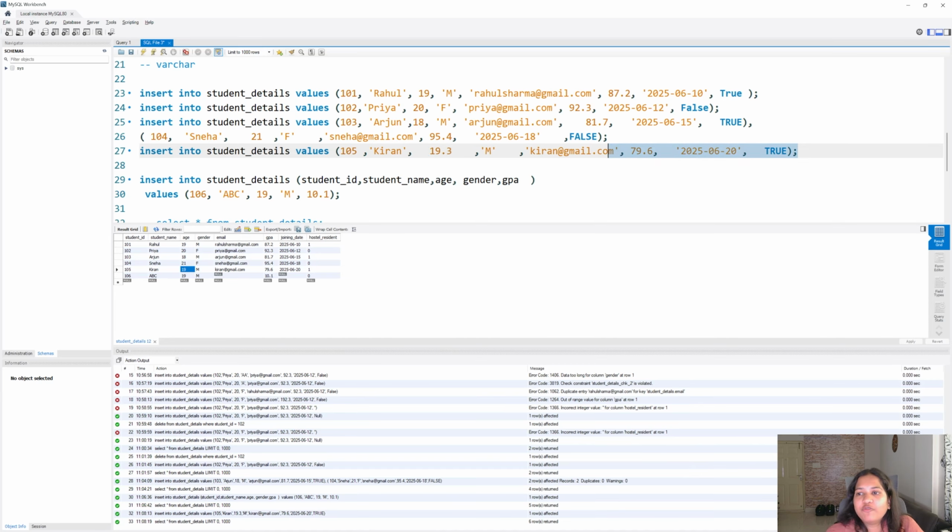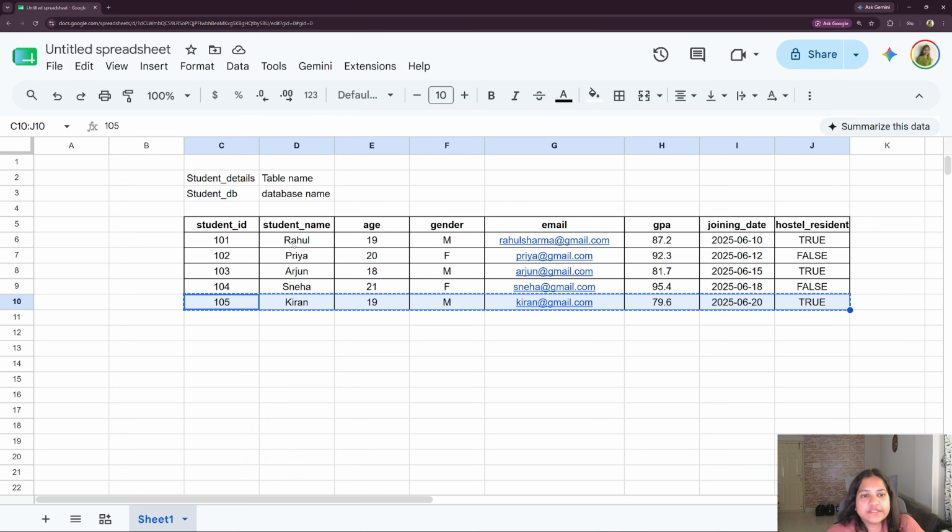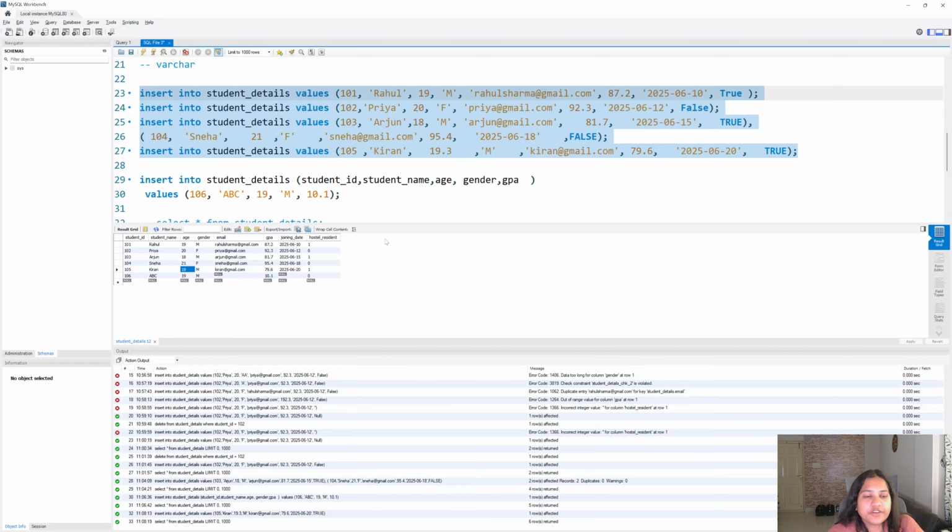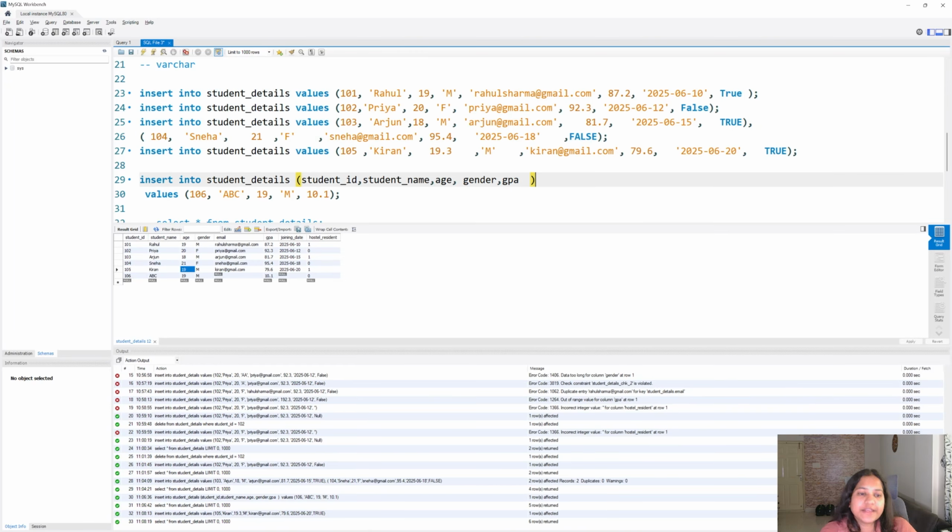Okay, so now we are done with this table creation. If you see here, this is exactly what we have created here; the same table we have created here also. In the next video we'll be discussing how to do the CRUD operations, like rename, update, delete. If by mistake you did something wrong or made some mistake, how can you change that? All of that we'll see in the next video.